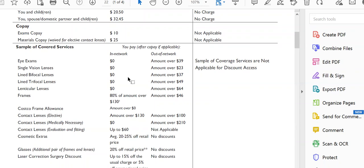Always keep in mind that sometimes these lenses have scratch resistant coating or progressive lenses and certain things that might be a little bit extra. So keep an eye on that when you're going to get your lenses for this year, or your lenses and frames, depending on what you're going to do, because that may be an extra charge to you. Frames, once you've paid that first $25, they are actually giving you $130 to spend,